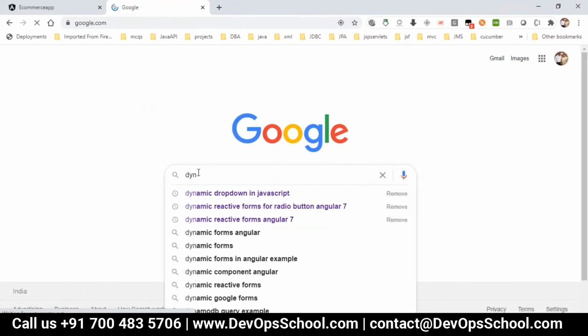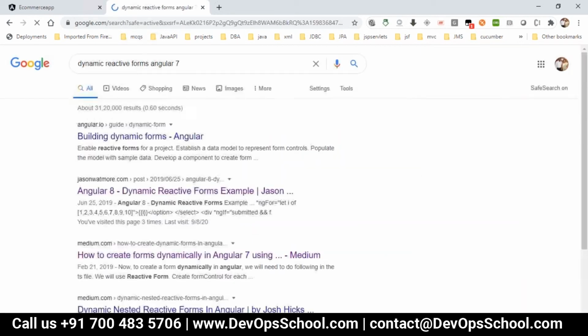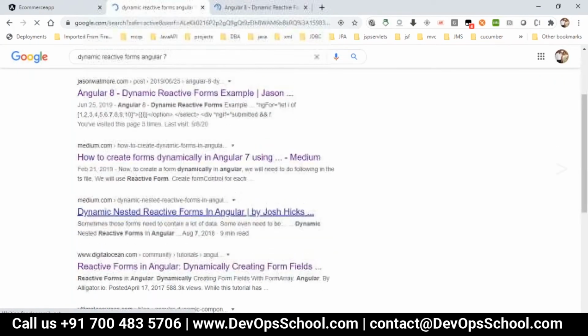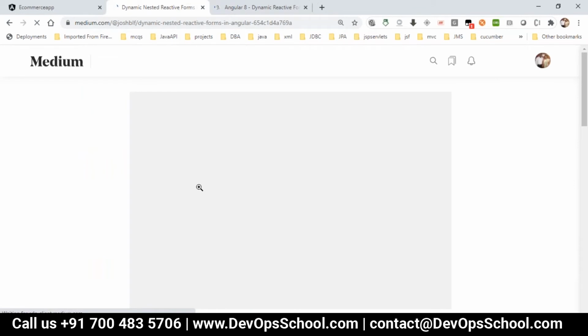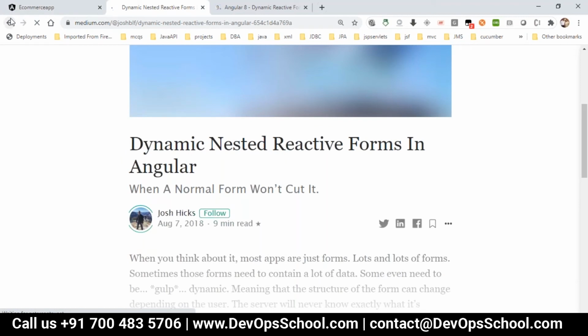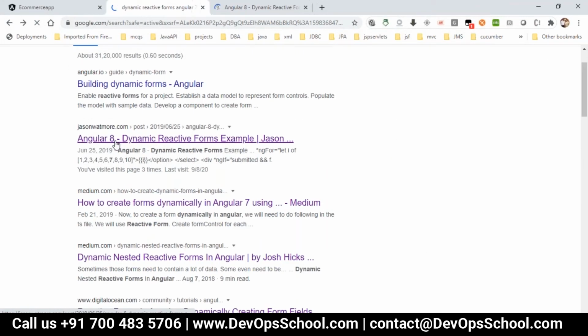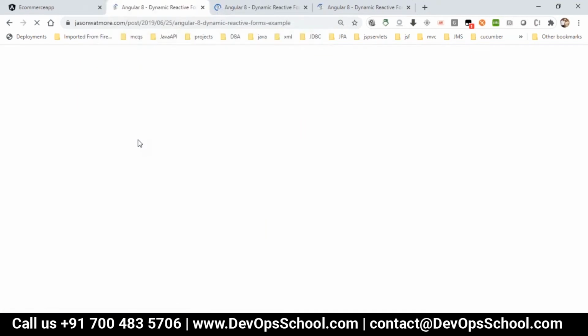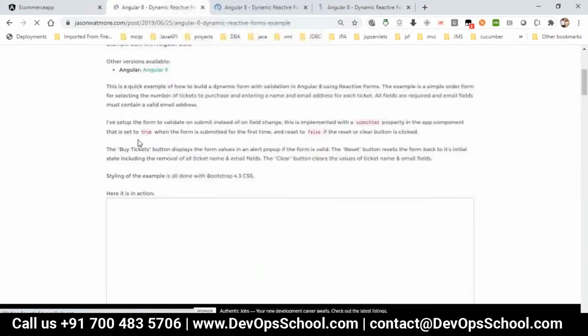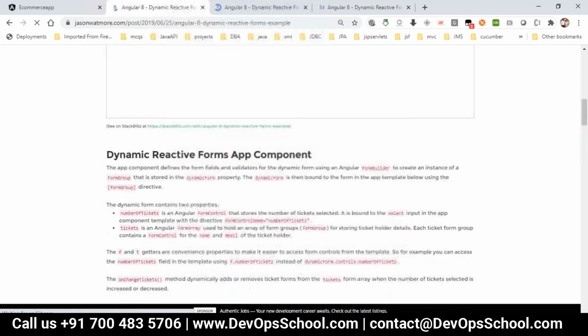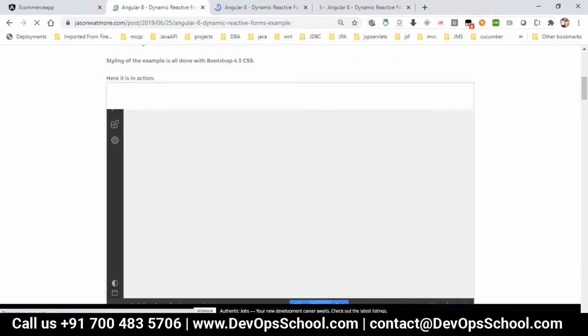Let me just search for dynamic reactive forms Angular 7. It's just loading for some time.